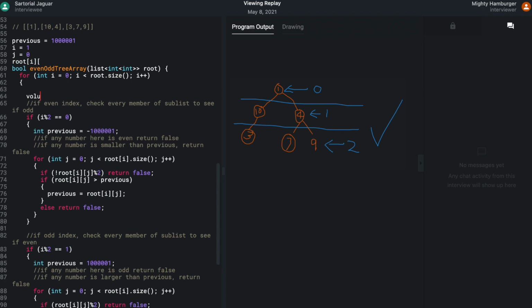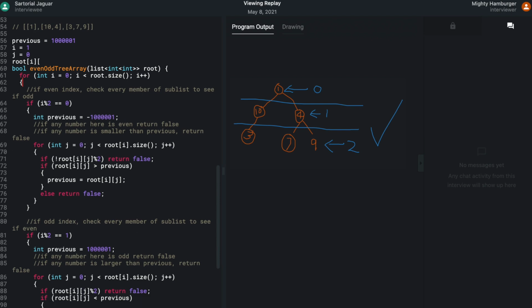Sorry, I was typing stuff. Root i j is 10. So 10 modulo 2 returns 0. We're good there. Is it less than previous? It is.